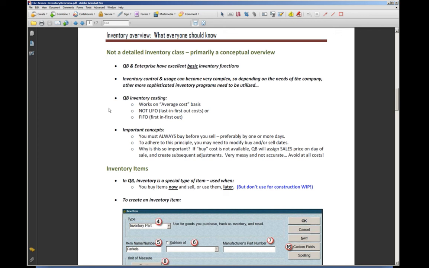Some really important concepts, and these are critical concepts in QuickBooks, is that if you're going to use inventory, you always have to buy before you sell. It just makes logical sense. You can't sell something you don't have. And if QuickBooks is looking at what you paid for something in order to recognize the cost at the time that you sell it, you have to have bought it before you can sell it. And if you sell before you buy, you end up with some really strange numbers on your books. So what I tell clients is if you're going to buy and sell inventory,